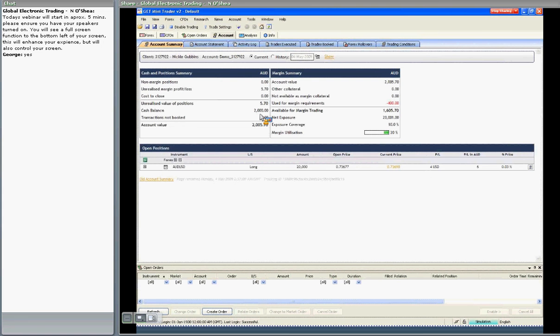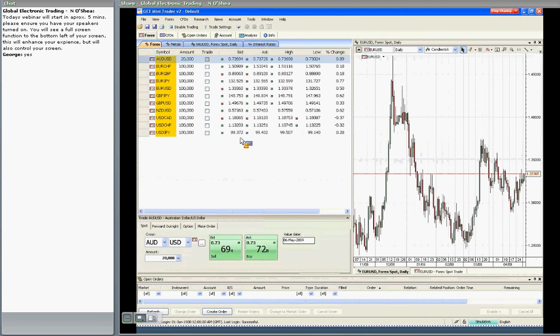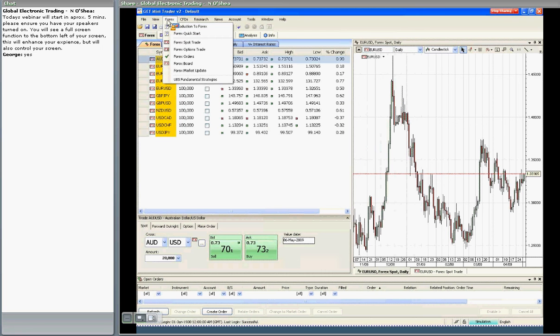Okay, so we've got a position there. The other way you can do this, obviously, is if you don't like the current level but believe that the Australian dollar, for example, is going to go higher or go lower, but at these levels you don't like it. It may be that you want to place an order